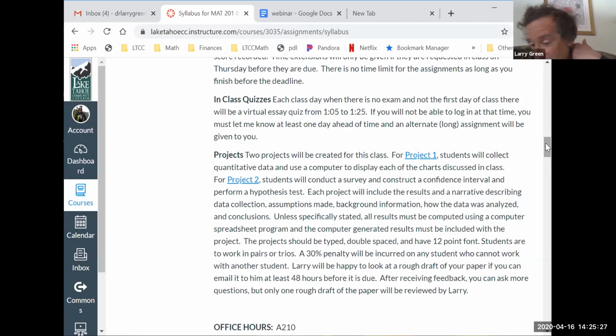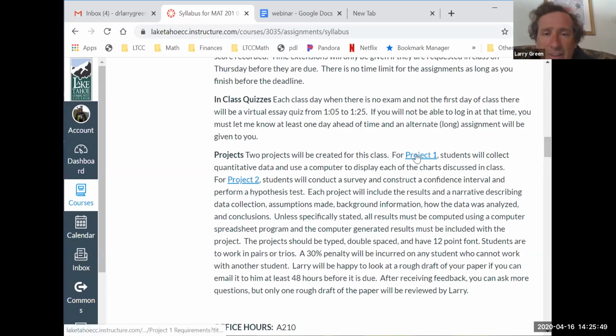And again, notice 48 hours before is a Sunday, so over that weekend you want to send your project to me. It could be a little before the weekend, that's fine too, Thursday or Friday before. So realize that you need to start right away so you can get this done. This takes time. If you click on project 1,